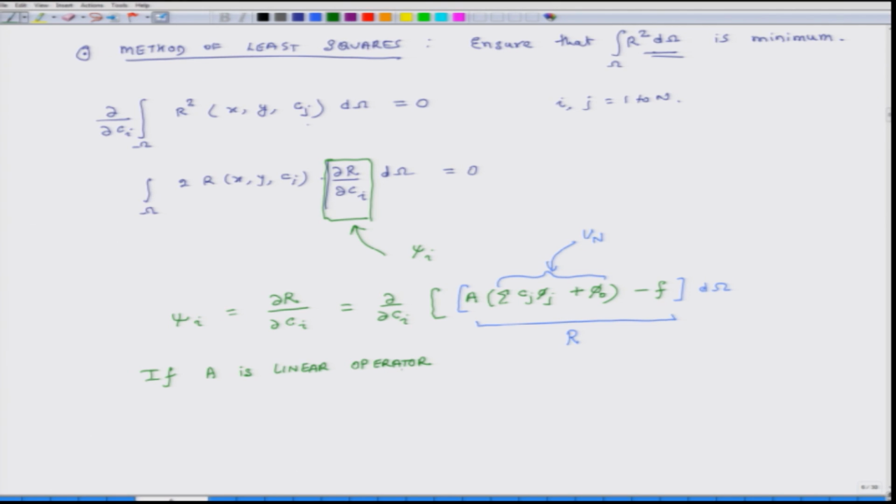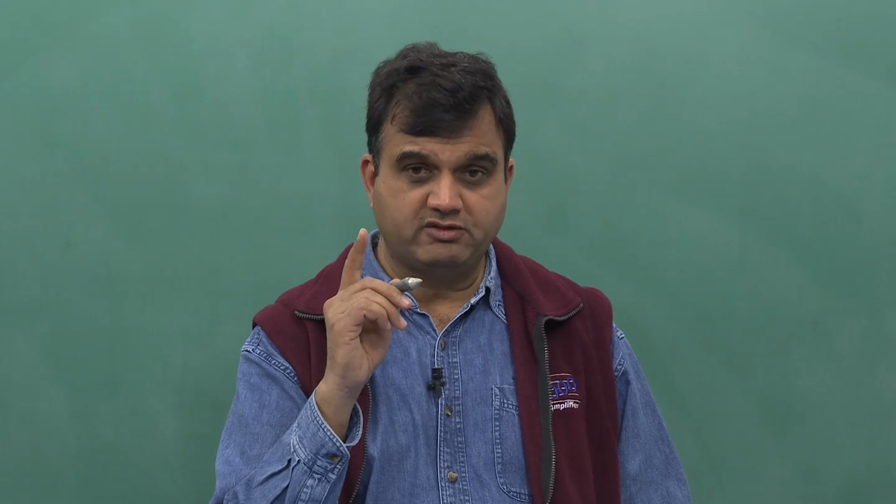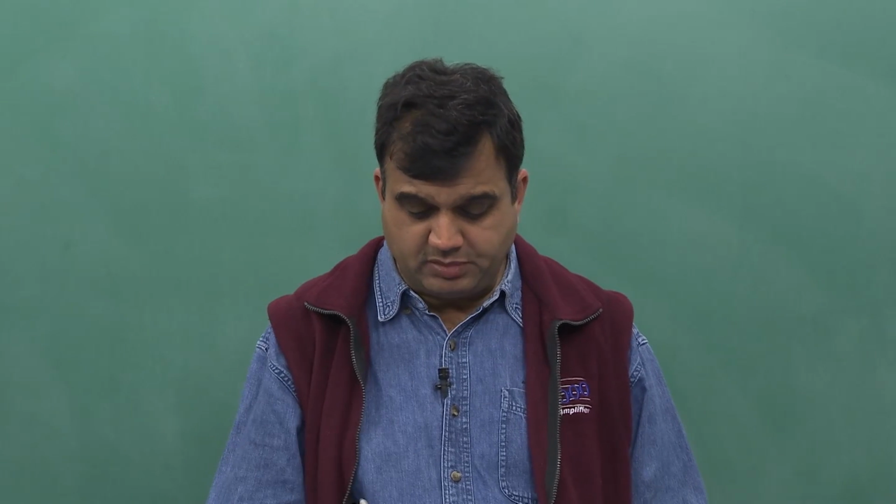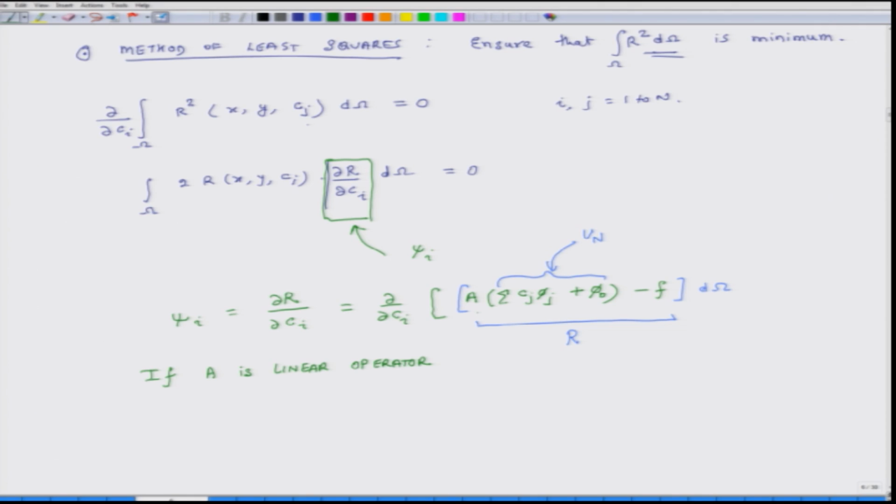If it is a linear operator, what does that mean? That u will not come as square or cubic terms in the equation. It will only come in when its power is 1. If its power is 1, then the power of Cj will never be more than 1. It will always be identically 1. So, if A is a linear operator, then